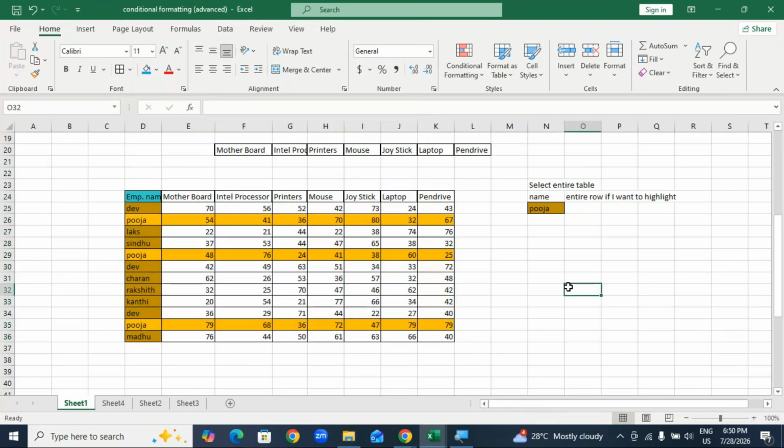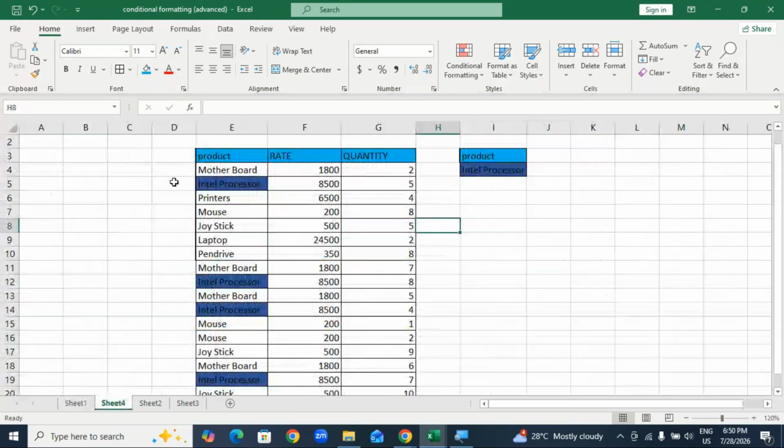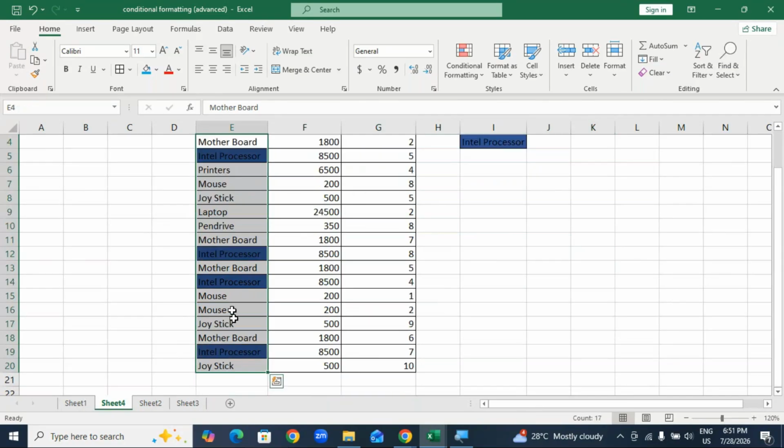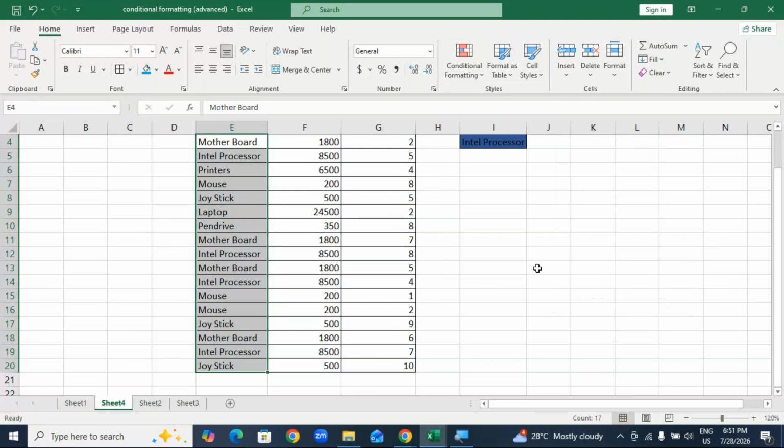If you change the name, anything, it automatically updates. For example, I want to change the name, or else here only I will show you that. Where is my data? The new data we selected. Here also I am going to display. I don't want to highlight a particular cell. I want to highlight the entire row. For that, first I am going to clear the rule here. Go to conditional formatting, clear rule option. Select entire data. Then go to